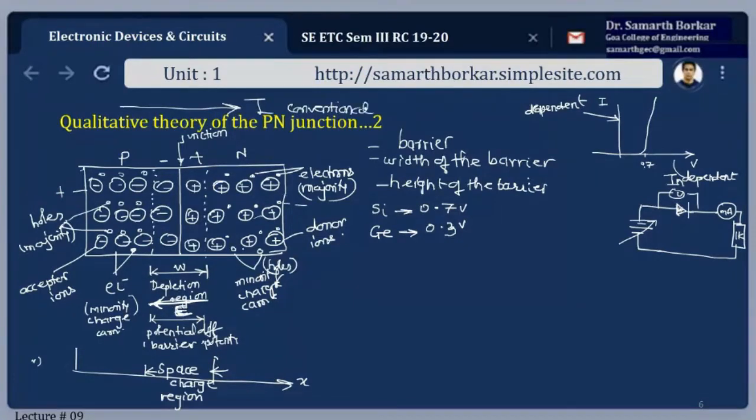Conventional. Fine. How are the electrons moving? Electrons are moving in this direction because we are connecting this terminal to a negative voltage. So these electrons, being negative in nature, will be repelled. So they will be forced to move in this direction, isn't it? So electrons move in this direction. If I look at this figure, the conventional flow of current is from the left to the right, and the flow of electrons is from the right to left. So it is always opposite. The conventional flow of current is always shown opposite to the flow of electrons.